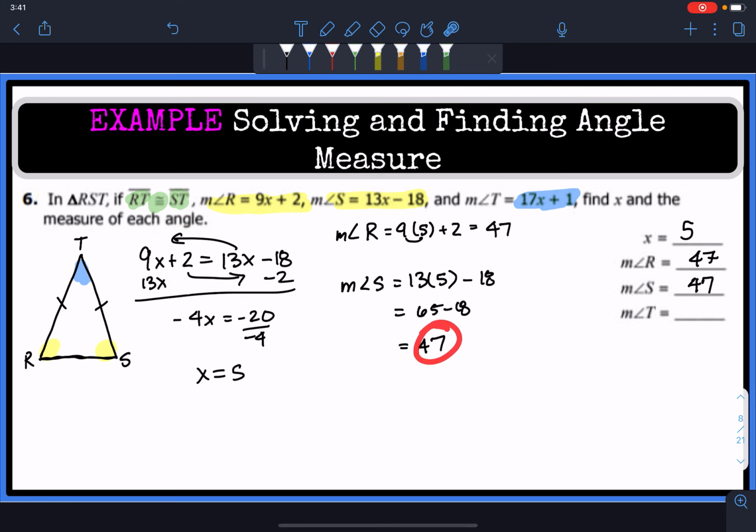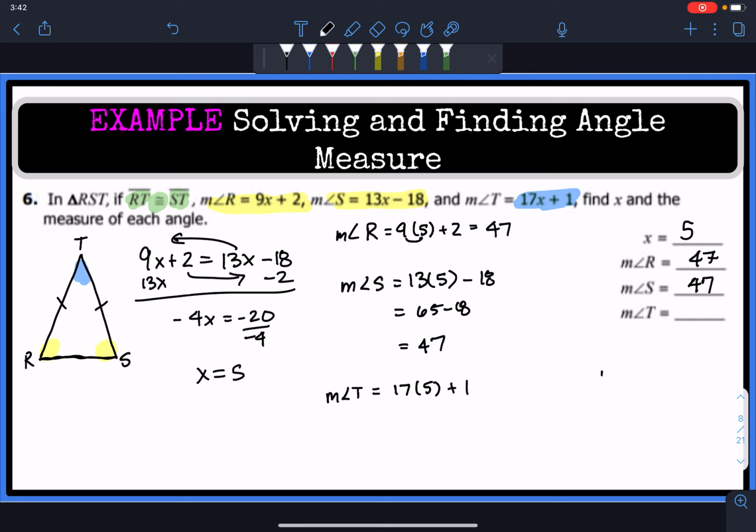So I don't even know why I did that, and now that I'm thinking about it, I shouldn't even bother doing that expression. I should have automatically picked up that it was going to be 47. The only one I do not know is going to be T. R is not going to help me figure out T. I can figure out the measurement of angle T by doing one of two things. I can substitute in the x with 5,